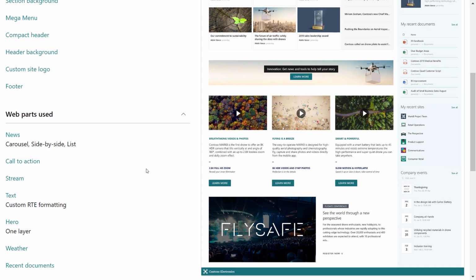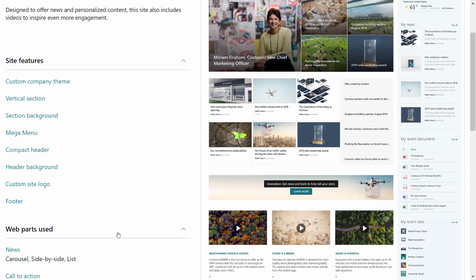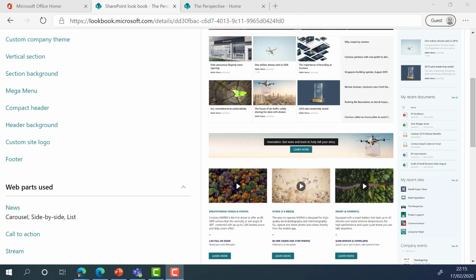So for example, how do I create the news carousel? I can click on the news, and it will then take me to a page which tells me how to use the news web part and how I can achieve the different effects that have been created on that page. So in terms of SharePoint documentation, there's a lot of information that's there now to help guide you through this whole new world of modern SharePoint. But the nice thing is that if I come back to my Lookbook,